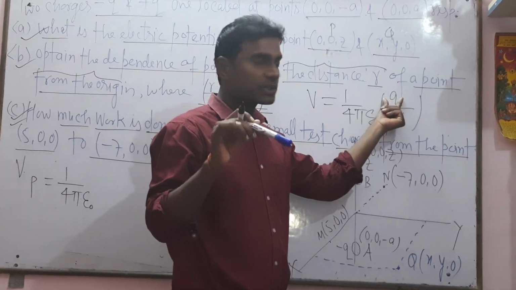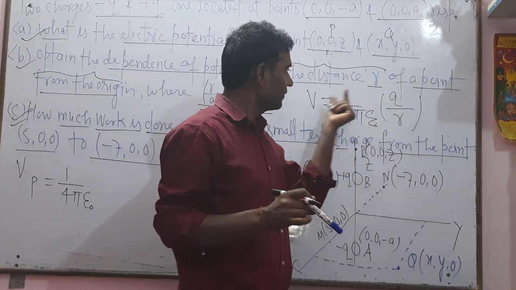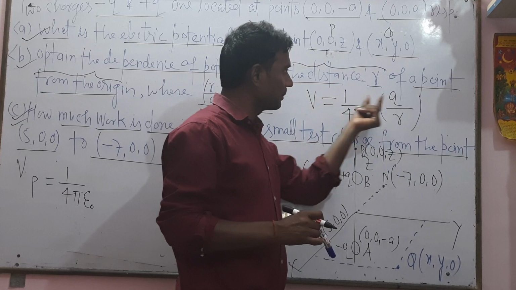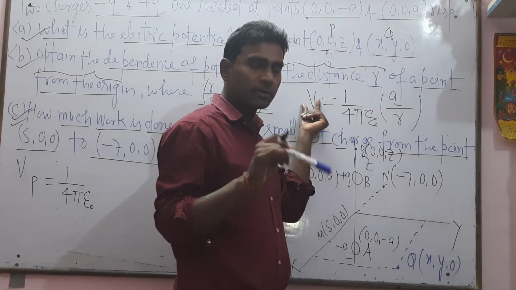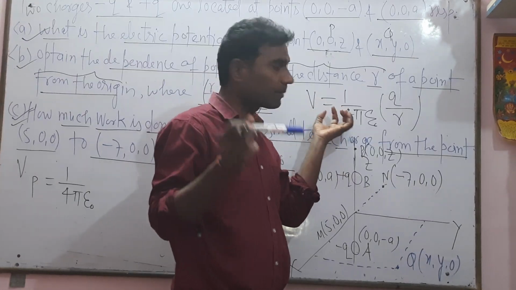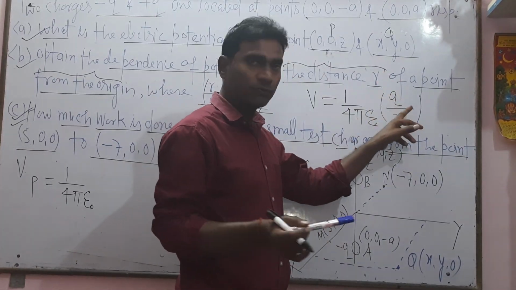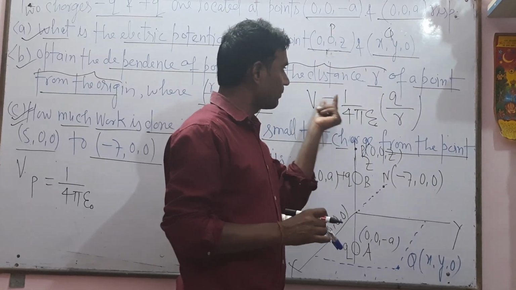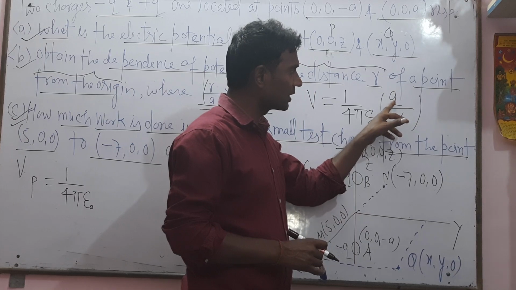If it is a positive charge, we put plus in place of q. If it is a negative charge, then in place of q we put minus in the electric potential. But for the electric field this cannot be applied in this way; if negative, we put only the magnitude. If positive, there is no problem. For potential, if positive then plus, if negative then minus.